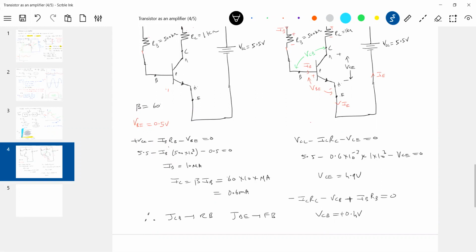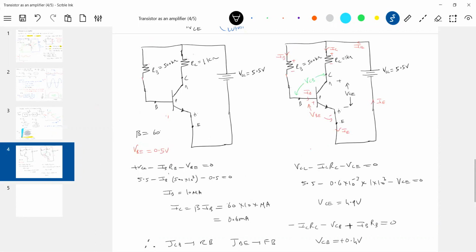Again, if you want to plot that VC versus ICRC formula, you plot this particular graph, locate the point, then you can check it. I think at our level we'll just leave it. So what is the collector base junction, reverse bias or forward bias? It's reverse bias, to some extent. I can use the given values, I can use this as an amplifier. So like this, we can check the junctions, whether forward bias or reverse bias. Is this correct?